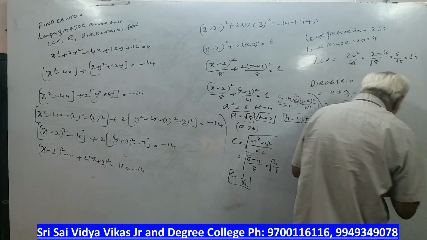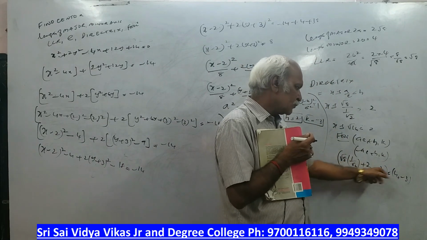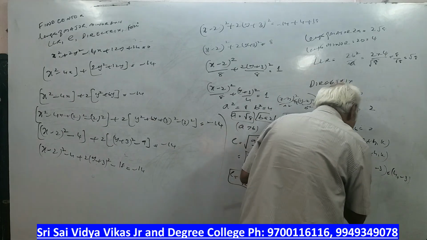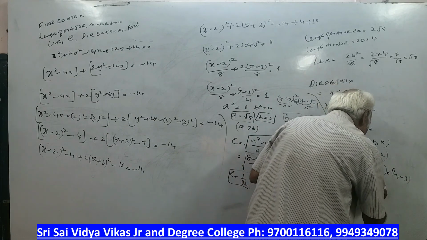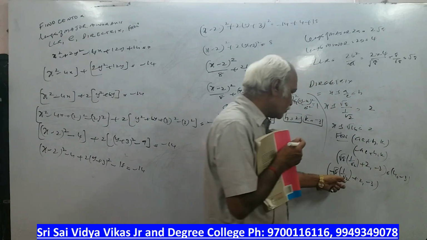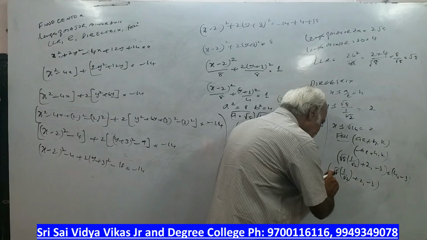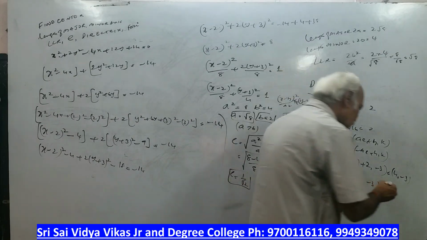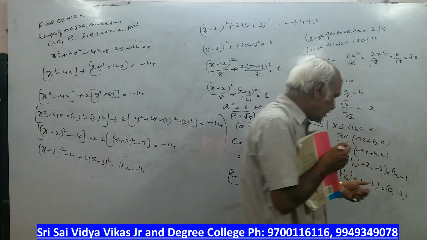Again I am explaining. Root 2 and root 8 will get cancelled. Root 4 value 2. 2 plus 2 is 4. Similarly, minus root 8 into 1 by root 2 plus 2, comma, minus 3. Again root 4 and root 2 will get cancelled. Root 4 is 2, minus 2 plus 2 is 0, comma, minus 3. Don't write minus 4 minus 3, sir, because it will change.